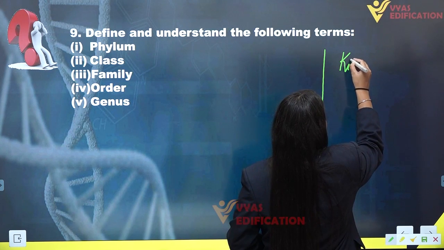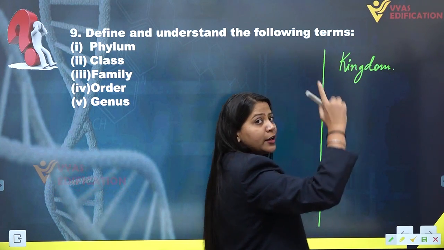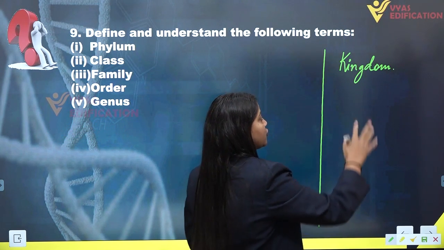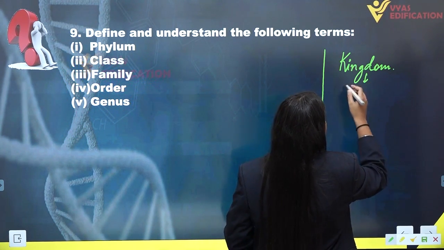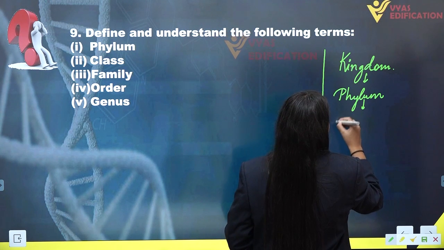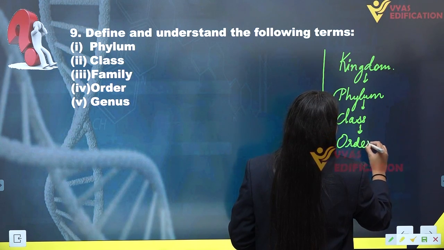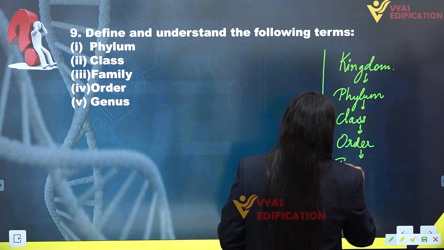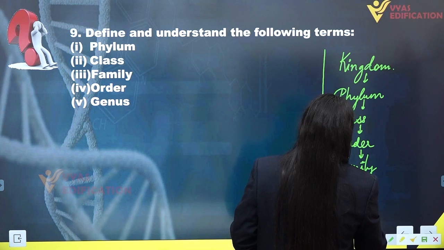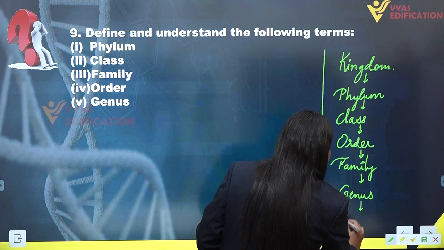Alright, so I am writing here and we will start like this. First we will write kingdom, which is the very first category in the hierarchy of a classification, and it is the first and biggest category in the hierarchy of a classification. So first is kingdom, then we have phylum, then we have class, then order, then family, and then we have genus,